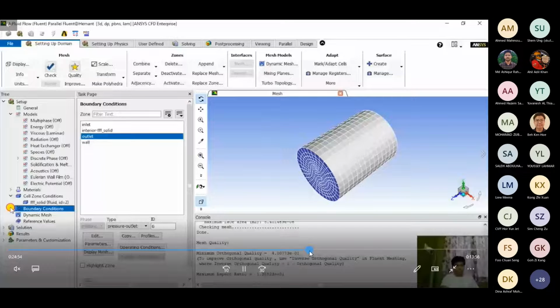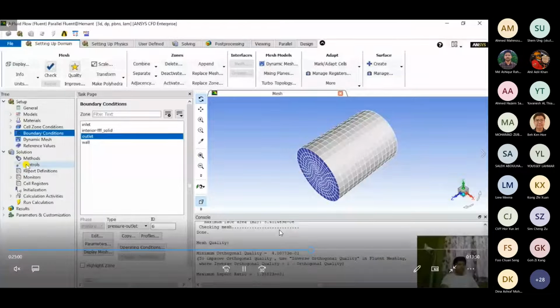Like if you have a particular pipe that has a certain temperature due to which the water flowing through that pipe is getting heated, in that case you would turn on the energy equation. In that case you would apply a temperature to your wall, so that your simulation setup represents the real condition where the pipe is at a certain temperature and it's heating up the fluid that is inside. So based on such conditions, you can change your settings.